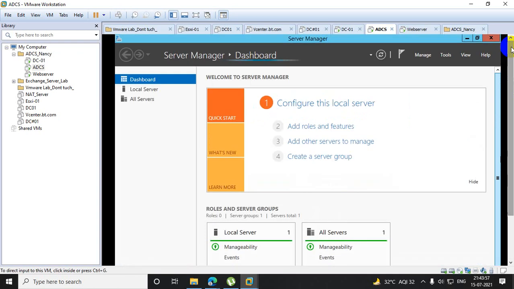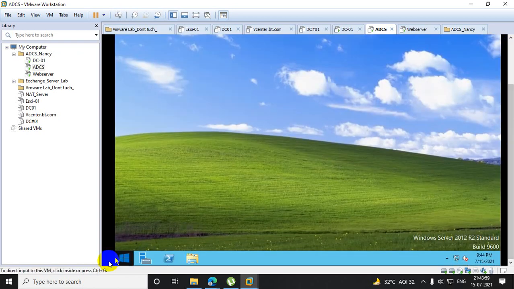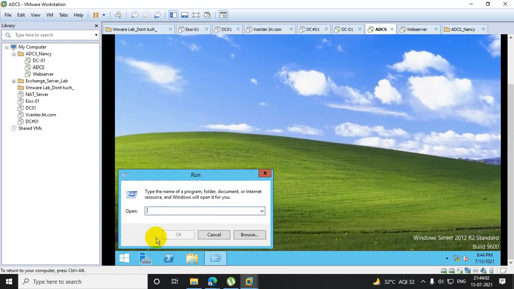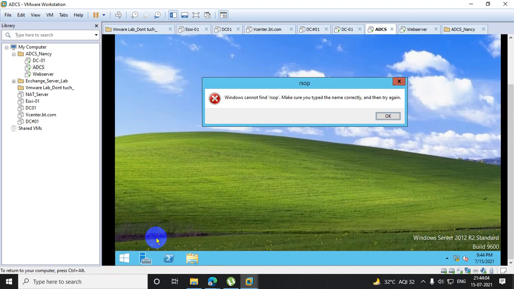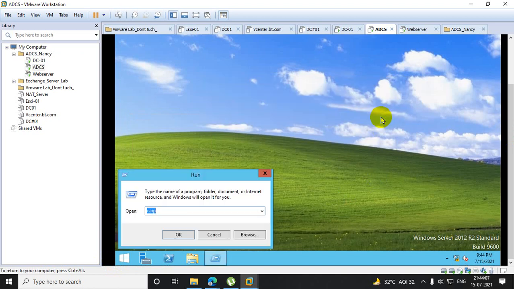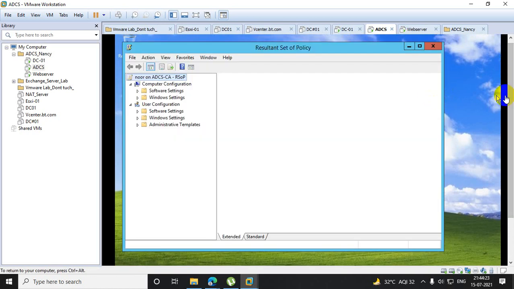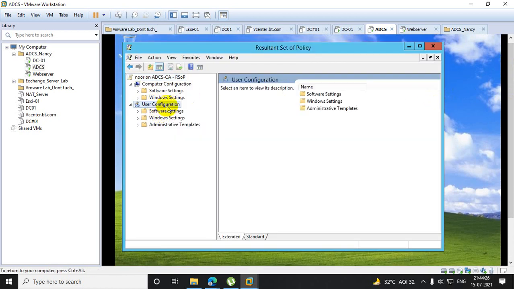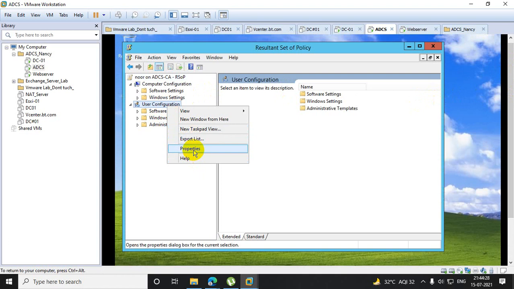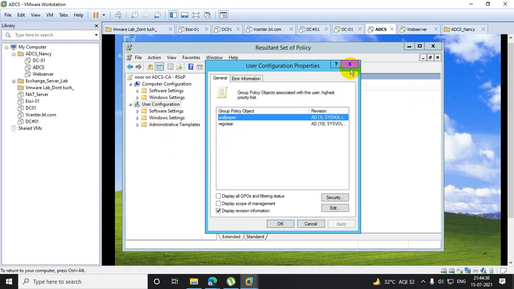Yes, it is applying. How? If I go to this RSOP, yes, wallpaper is applying.